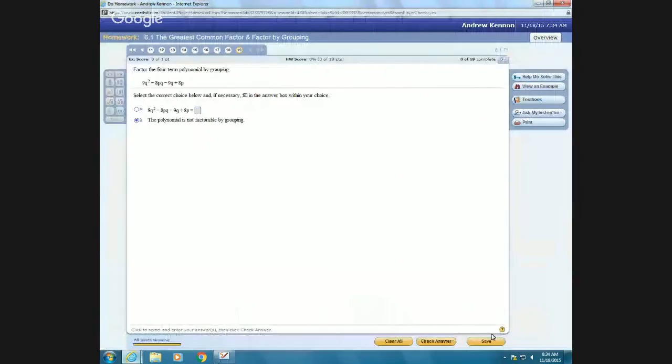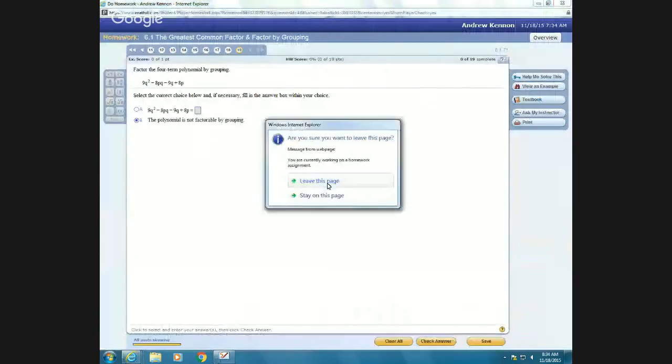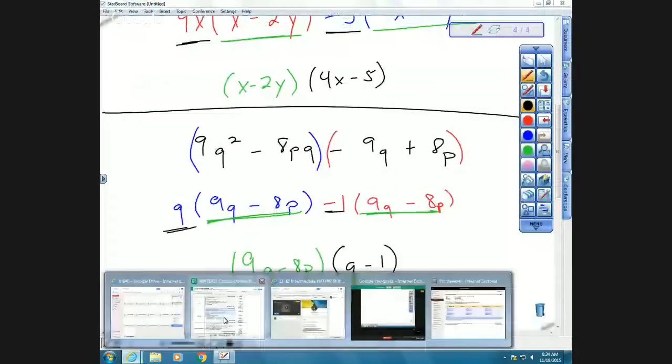All right, so that's that section. The big thing there is the GCF. The factor by grouping we may use a little bit. I'm going to teach you a different